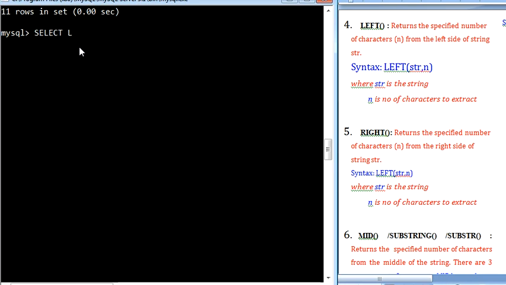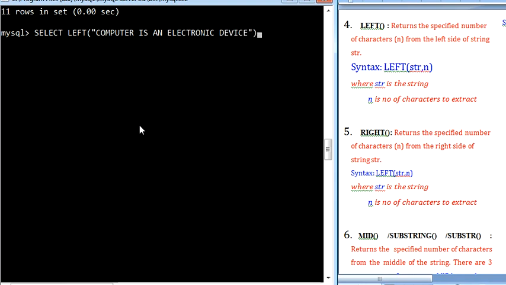SELECT LEFT, then take the string. Here I am giving the string as "computer is an electronic device".